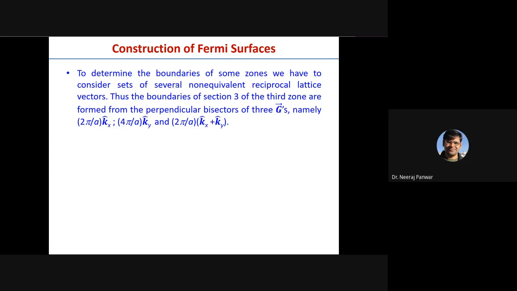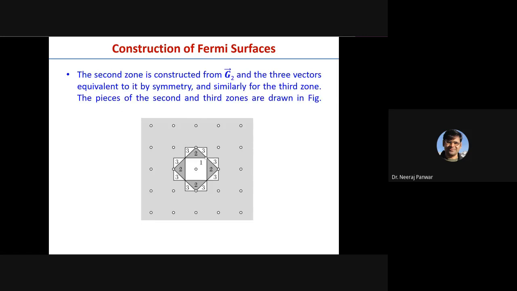And so, for example, if we want to determine the boundaries of some higher zones, then we need to consider a set of several non-equivalent reciprocal lattice vectors. So, for example, if we consider this piece of third Brillouin zone, then this is one of the boundaries of third Brillouin zone. This is the second boundary, and this is the third boundary. So these form the complete boundary of this portion of third Brillouin zone, and the corresponding